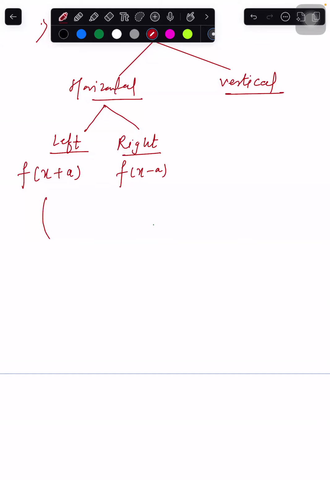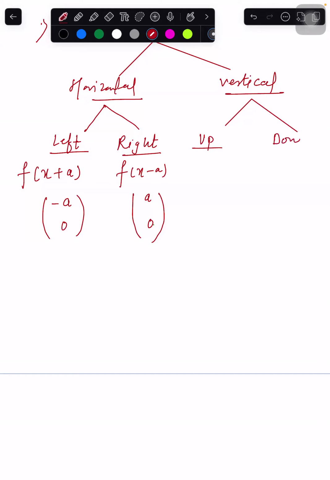The same thing can be written in the vector form by saying minus a, 0. That means on the x-axis you are moving a unit to the left. Or if you move to the right, you write a, 0, which means a unit to the right and nothing changes on the y-axis. Now, similar to that, under vertical, you can move either up